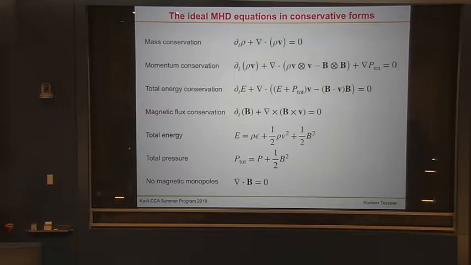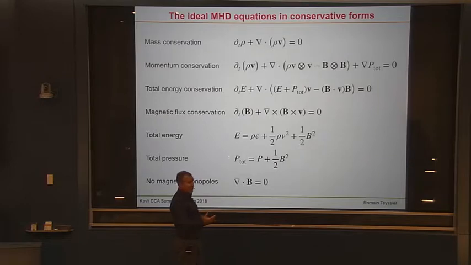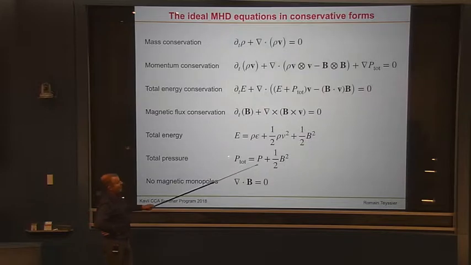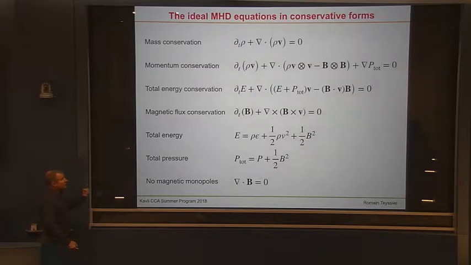So, briefly, the equations are shown here. It's basically the ideal MHD equations, so it's basically the equivalent of the Euler equations. So you have basically three conservation laws: mass, momentum, and energy. Except now, there is this B field here, which gives you an extra force, the Lorentz force, or magnetic stresses, and an extra pressure, right? The total pressure is now the thermal pressure plus the magnetic pressure. And the total energy now has a different meaning because you have to add the internal energy, the kinetic energy, and the magnetic energy. So 3 conservation laws plus a new one, which is the conservation of the magnetic flux.